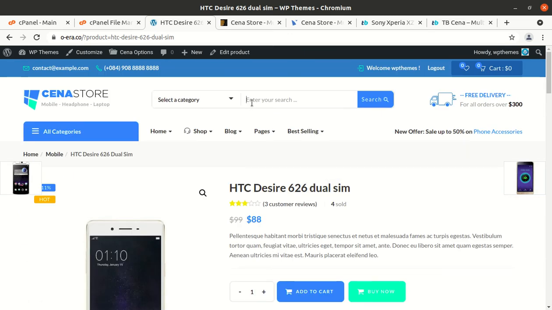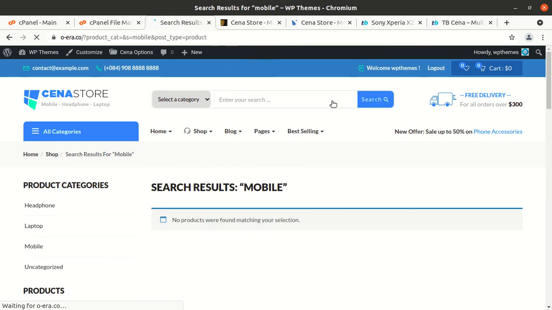And I'm just simply typing mobile here just to check how search is working. This is Ajax search, and no product was listed for mobile, so we can check through the category.